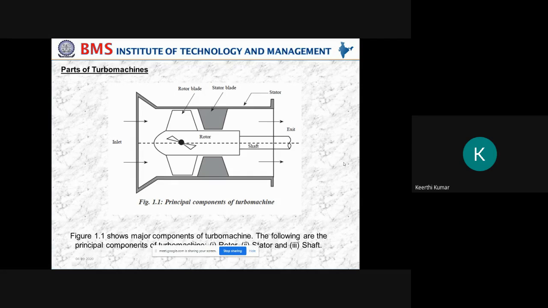Now, as I told, the turbo machine definition holds good for a fan also, correct? For a fan also, the turbo machine definition holds good because the working fluid is air and there are rotating blades. So those two are there. In the fan, have you seen anywhere the stator blade and the casing? Has anybody seen a casing for the fan? No, you have not seen a casing for the fan, correct? So how will it work? The direction of the fluid will change in this case. We will supply the power to the shaft, because if I supply the power to the shaft, this blade will rotate.